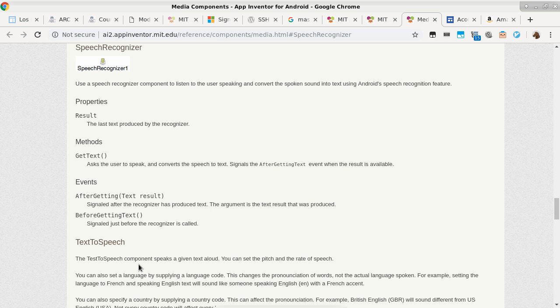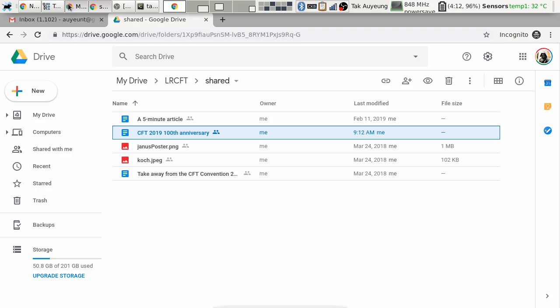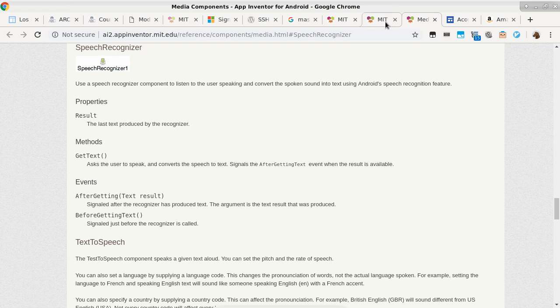So we'll give it a try. Okay, so we'll play with this. This is one of those things where it may not work in a simulator, because it depends on whether the simulator has the audio also being passed in and out of the simulated machine. That's why it's really nice to have an actual device for testing this sort of thing. All right, so we are going to put this into our project,